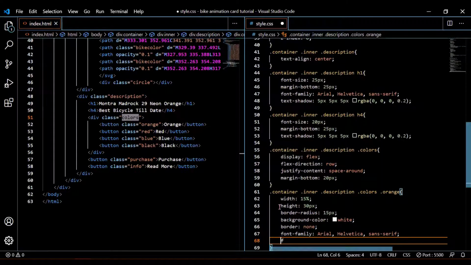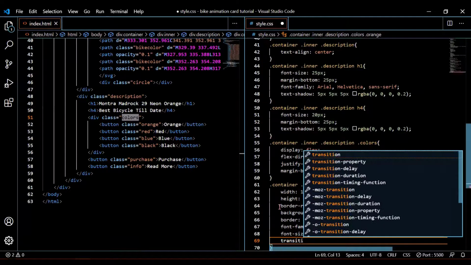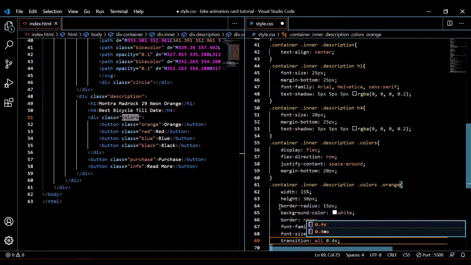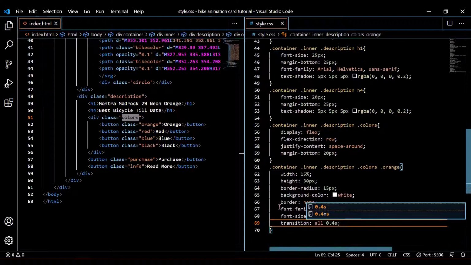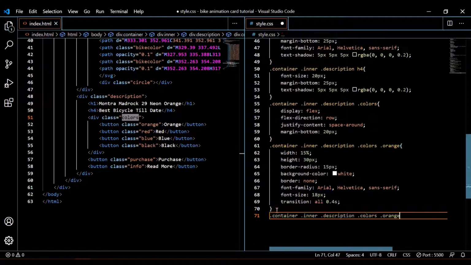Font family should be Arial. Then font size, sorry, font size should be 18 pixel, and then transition all 0.5 seconds. Okay, so this should work. And when I hover on that button, let me write the selector first.